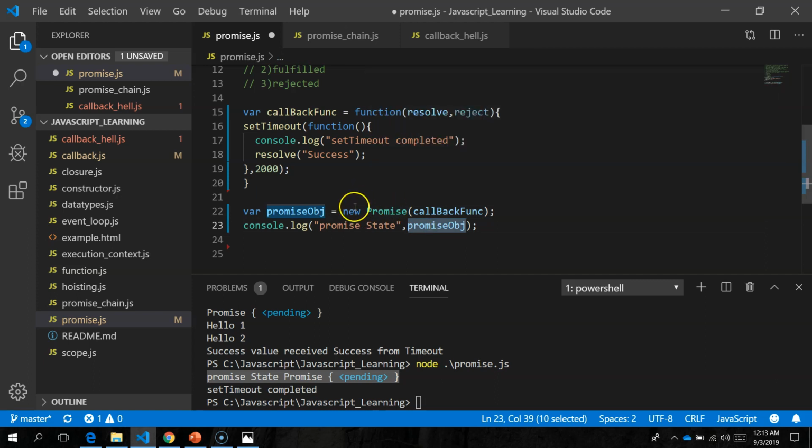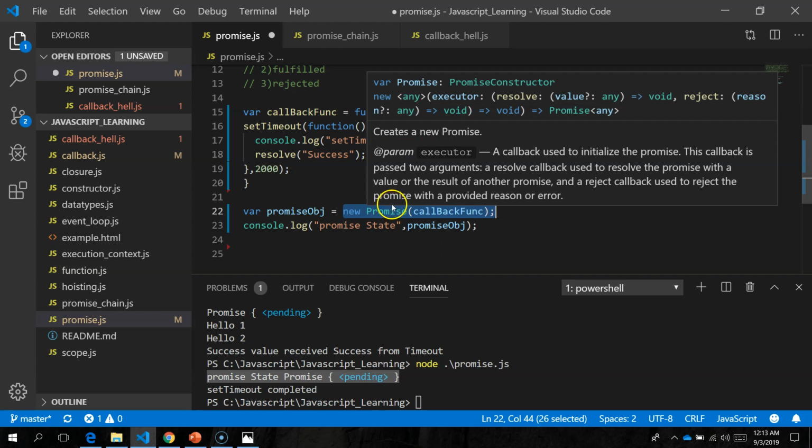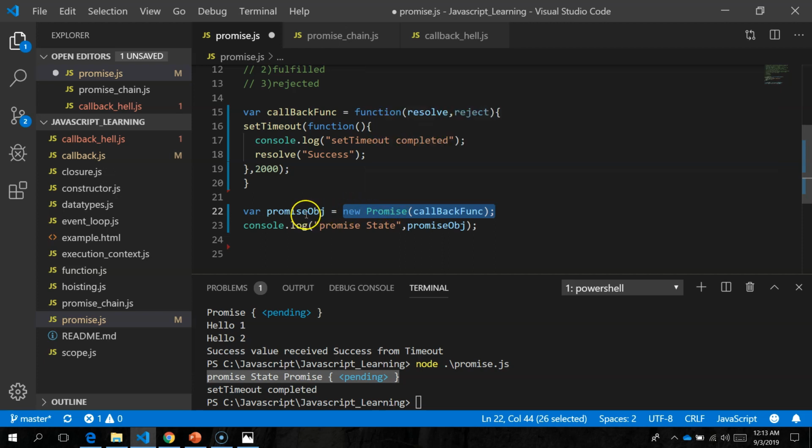You should not treat this as an asynchronous function. It will just return, though it does not have a value. This is what I told you: a promise is like a promise to the JavaScript engine that it does not have the value right now, but eventually it will receive the value.